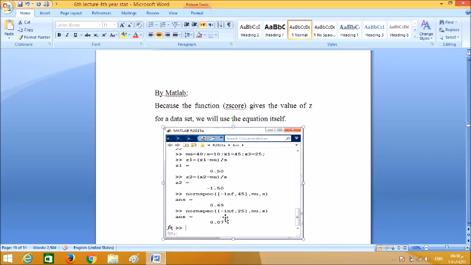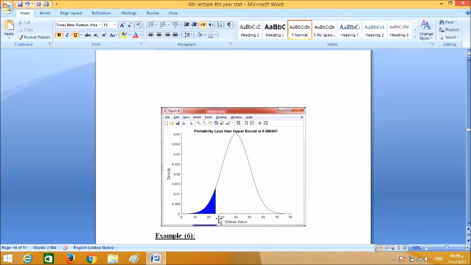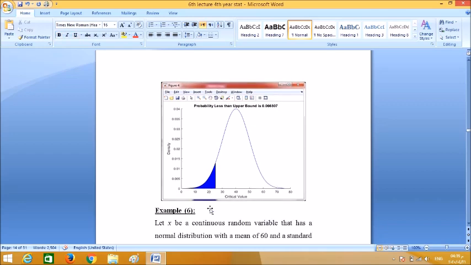For the second probability, the limits are between minus infinity and 25, with mu and sigma. This probability equals 0.07. As you see, this is the first probability when x equals 45 to minus infinity, and this is the second one when x equals 25 to minus infinity. Okay,